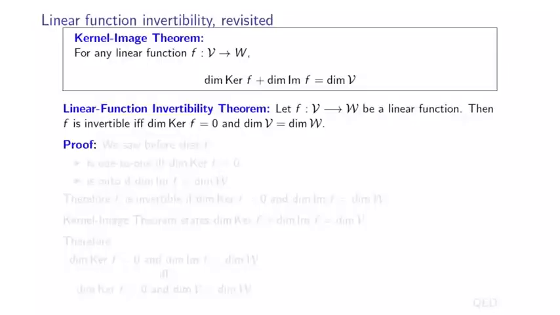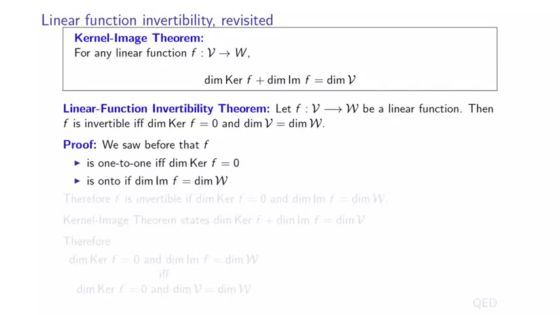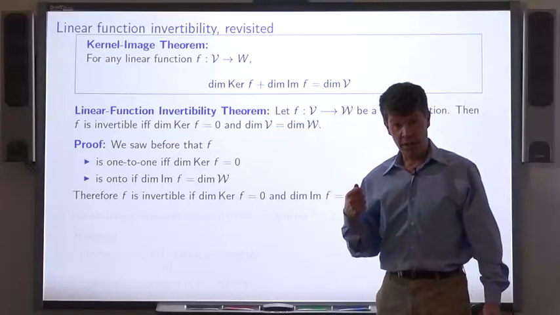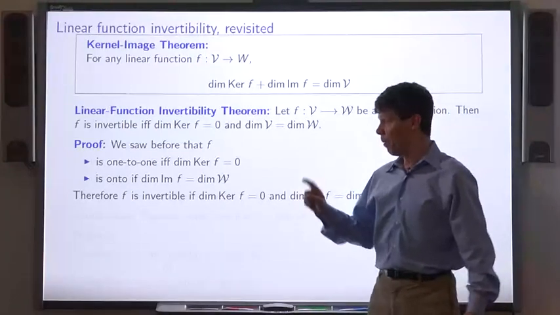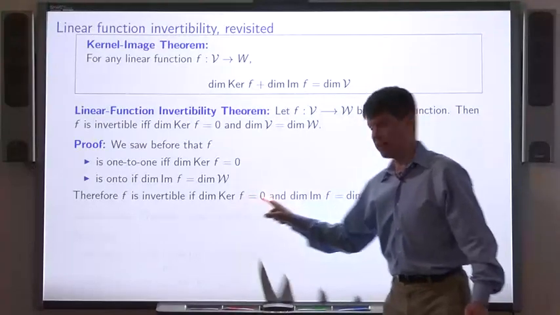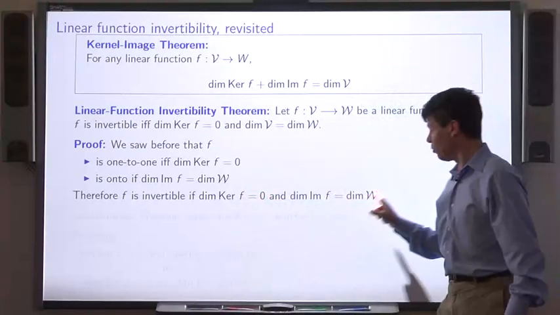Here's the proof. Well, we saw before that a linear function f is one-to-one if the dimension of its kernel is 0 and is onto if the dimension of its image equals the dimension of its codomain. So a function f is invertible if both conditions hold. That is, if the dimension of the kernel is 0 and the dimension of the image equals the dimension of